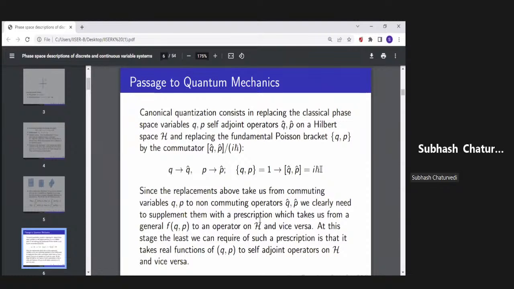Now I will quickly review 3 of the many possible such prescriptions, which go by the names Wigner-Weyl prescription, normal ordering prescription, and anti-normal ordering prescription, each of which has its own importance and significance. And later, when we move on to discrete phase spaces, we will entirely restrict ourselves to the Wigner-Weyl description, or we will seek analogs of the Wigner-Weyl description available in the